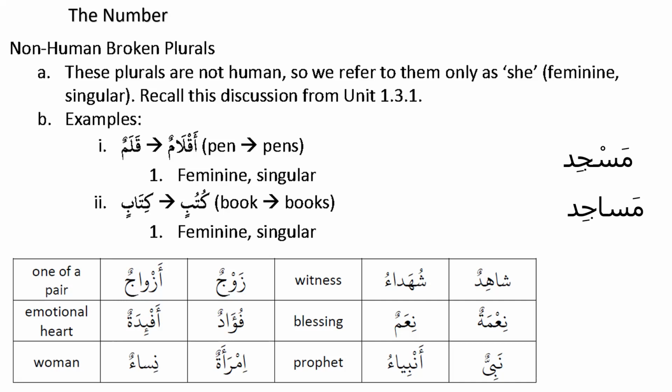Okay. So these six words are just some examples, and masjid is one of them. We're going to learn more. And also, when you read Quran, if you choose a page of the Quran, if you know the meaning of the word through the translation, you can say, oh, this word becomes this. So you can know that this is a broken plural. And if it is a broken plural, the main thing you need to remember is that broken plural you can only learn by translation, meaning by vocabulary. Once you know that this is a broken plural, you must determine is it human or non-human. Okay.